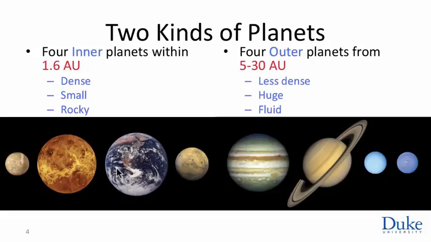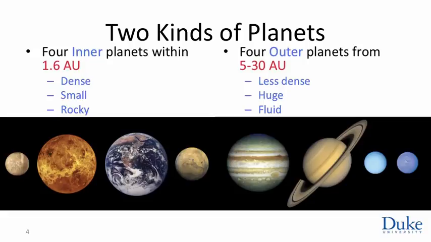If we put the two figures to scale, then either we wouldn't see the inner planets or the outer planets wouldn't fit. So you have to draw a very sharp line between the right and the left. The outer planets are not just bigger, they're also far less dense, and their composition is different. As we will see, the inner planets are rocky. Their composition is silicates and iron and nickel. The outer planets are mostly hydrogen, helium, and ices. And lighter elements, larger planets. Why this dichotomy? Certainly an interesting question.